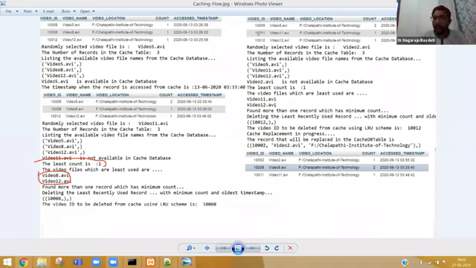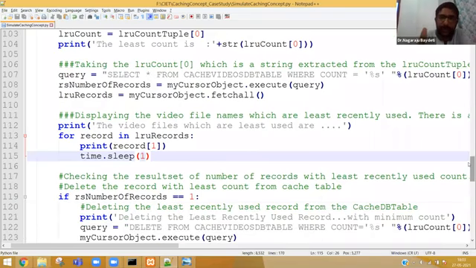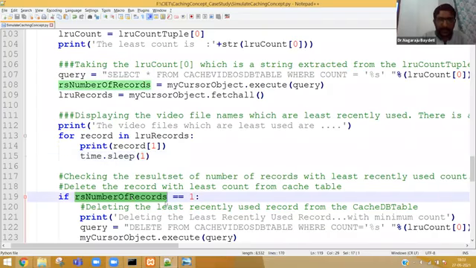Okay. Now the challenge starts. We need to verify whether only one record came with least count or many records. How to do that? If RS number of records, what is RS number of records? In line number 119, I am using RS number of records which is taken from 108.